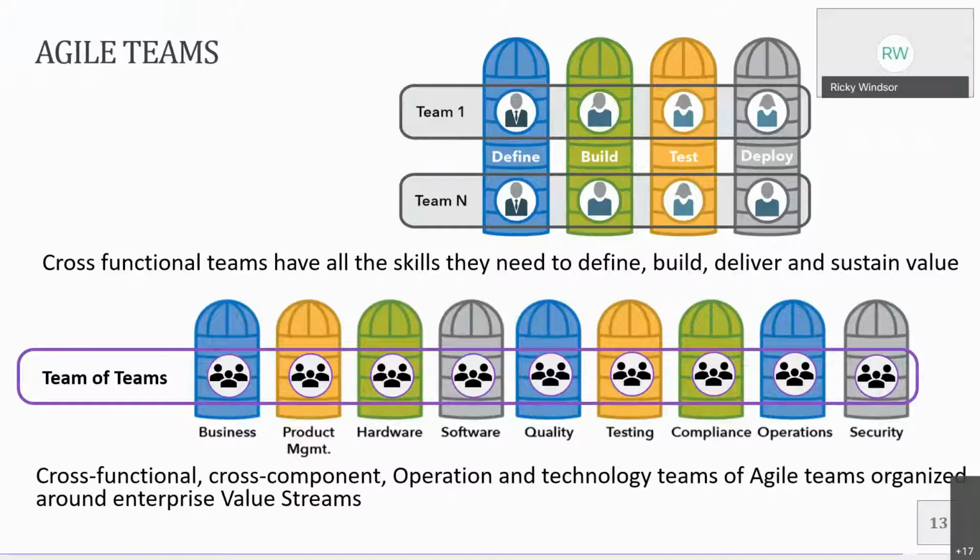So at the small base customer centric level, you have a team or maybe one or two teams that do a specific thing that have different cross-functional elements, such as someone who does the planning, someone who does the actual development or implementation of something, someone else does the security and compliance and all these other pieces. And then whenever you roll that up to say, we're going to do large scale systems, or we're going to do large area deployments, that's where you have your larger team of teams that do all those pieces and coordinate from that level, which isn't nothing new, but often it has a lot of delays,